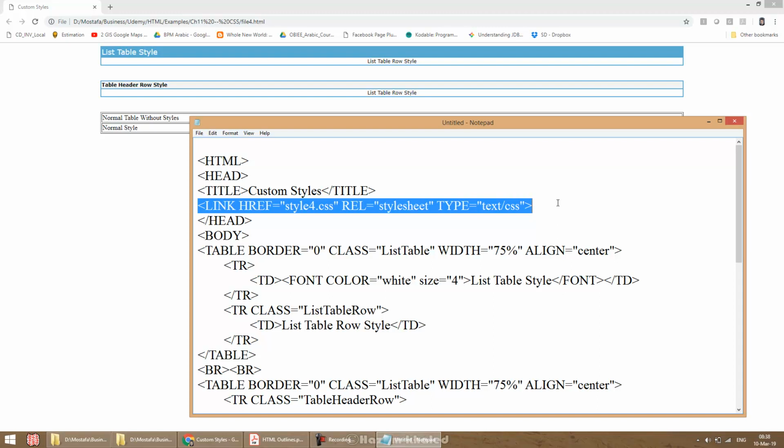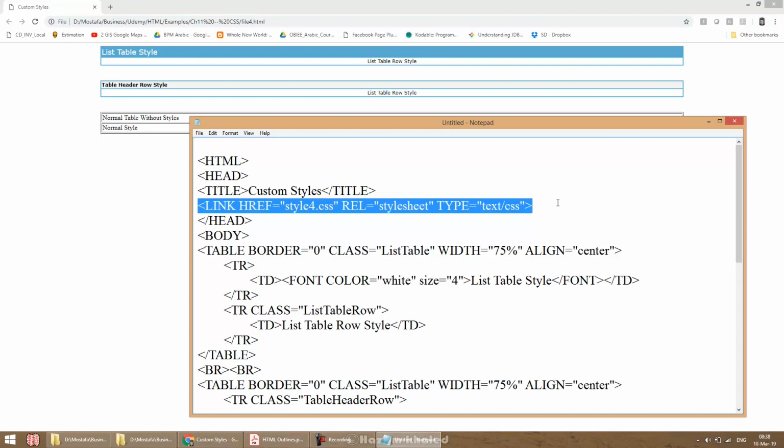In previous examples, we were overriding the normal HTML tags, but there is a problem here: it applies to all tags used in the page. But what if in the same page I need to have different styles for the same tag? In this case, we use something that we call custom styles. Let us see how we are